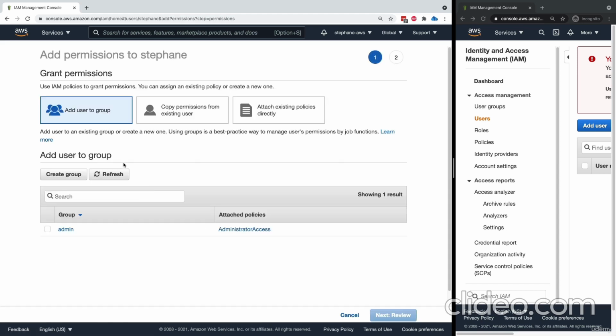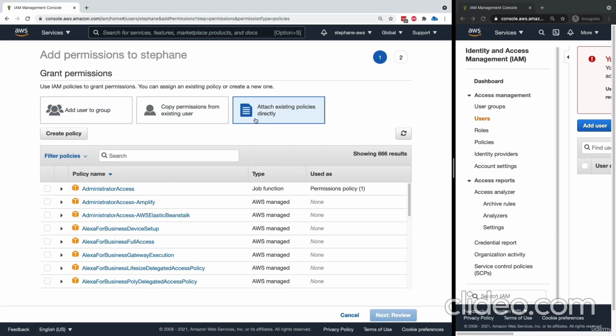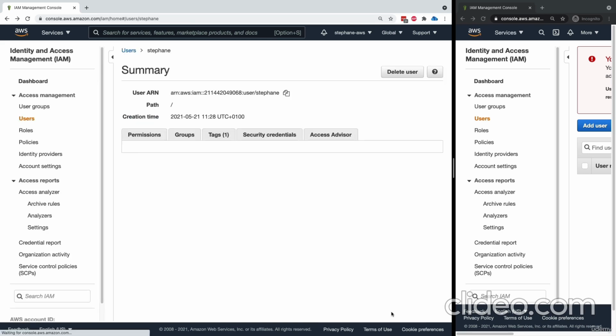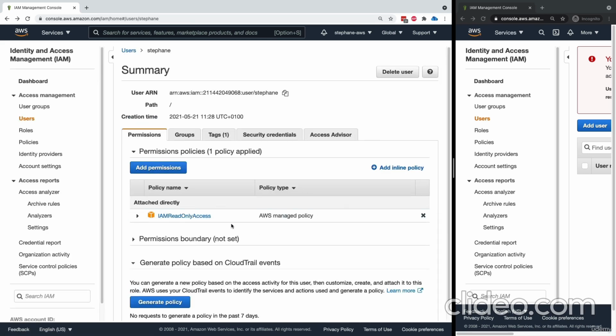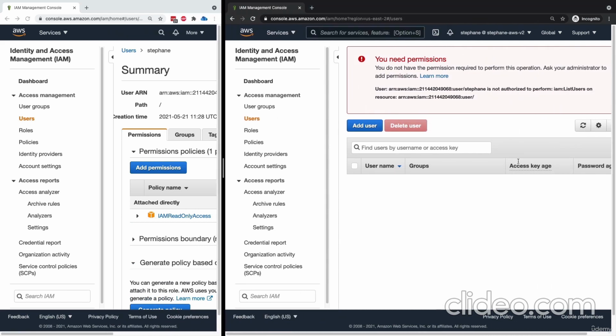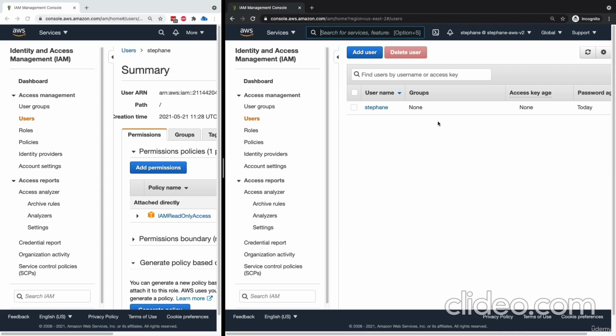I'm going to add permissions, attach existing policies directly, and search for IAM, and I'm going to look for IAM read-only access. I review, I add these permissions, and now my user Stefan has IAM read-only access. What does that mean? That means that, for example, if I refresh this page, we can see the